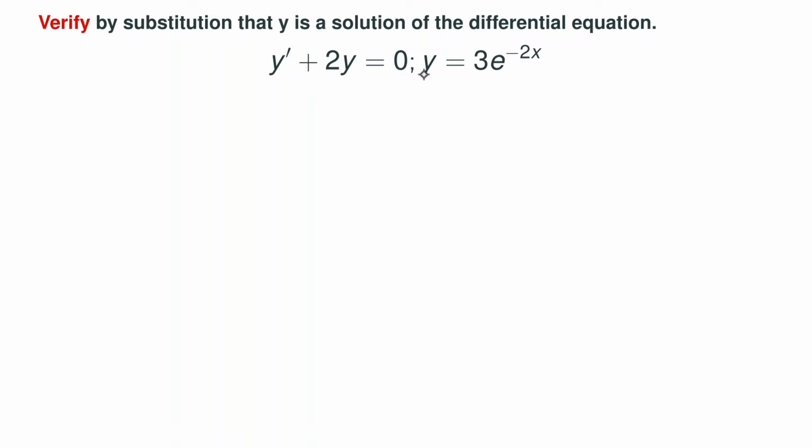So we have our proposed solution y, which is 3e to the negative 2x, and we need to see if it solves the differential equation y prime plus 2y equals 0. Now we already have y given here, so we'll just substitute this in for y. But we do need to determine off to the side what y prime is so that we can substitute that as well. So y prime, we know the derivative of 3e to the negative 2x